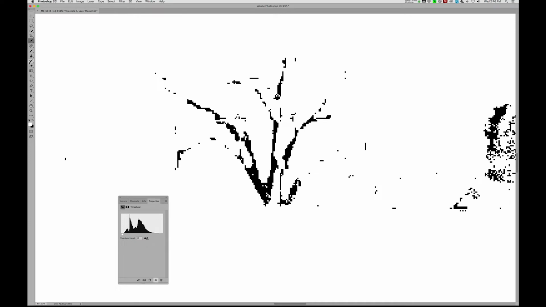And I'm going to then grab my sample tool. I'm going to go to an area of the black, hold down my shift key and click. So now you can see I have a point number 1 in my info palette that represents the black of our image. So very often during the optimization process, you can inadvertently change the balance of colors in your black and add in very slight contamination of either red, green, or blue. And so this allows me to monitor my black point throughout the optimization process so I can see if anything